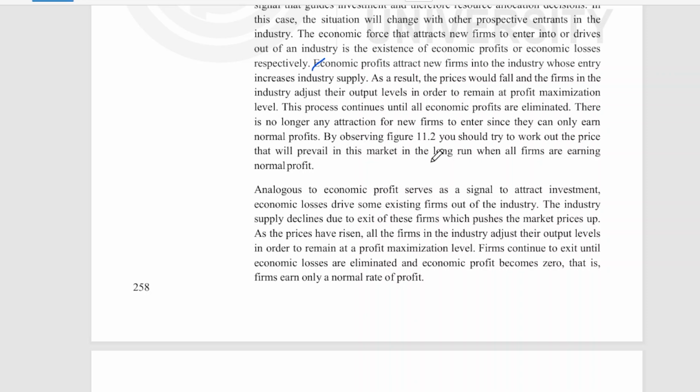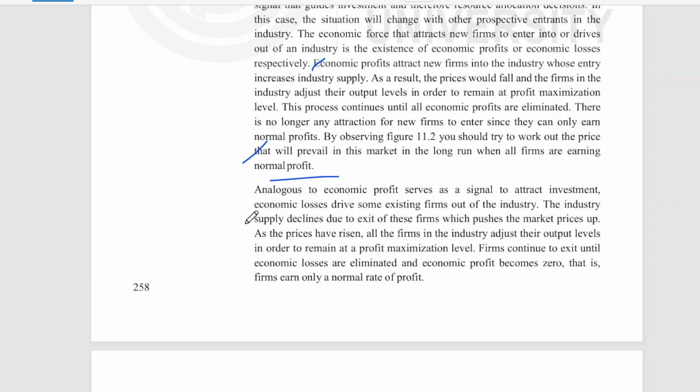By observing figure 11.2, you should try to work out the price that will prevail in this market in the long run when all firms are earning normal profit. An economic profit serves as a signal to attract investment. Economic losses drive some existing firms out of the industry. The industry supply declines due to the exit of these firms,